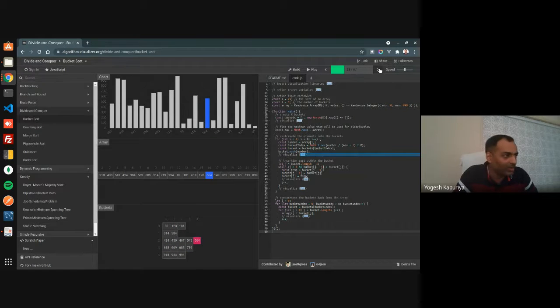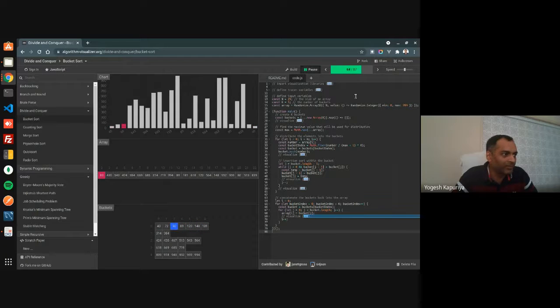If you know the bucket sort, it's about creating various buckets based on the values or the digit value of that particular number. So you can simply play this and it will keep on going. Basically, this is helpful when you want to learn or understand an algorithm by using various examples. So this is how it's done.